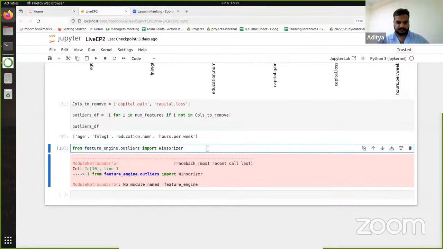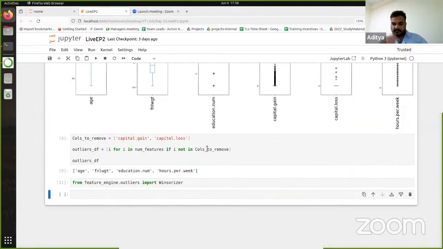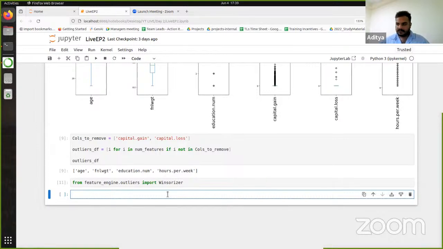Then we will run the code again, and it is working. Okay, so as simple as that. Right, and then the next thing that we need to do is we need to set up our winsor. So I'll call this winsor. This is equal to Winsorizer,